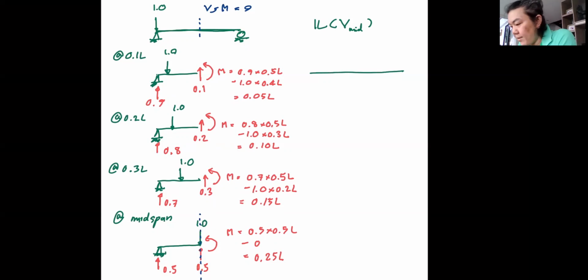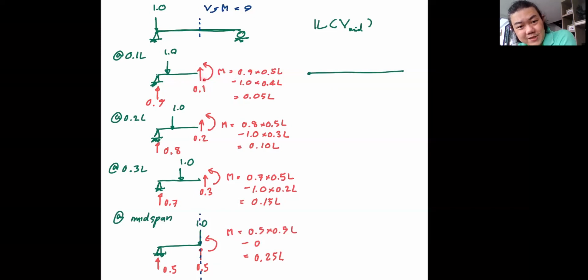Now, when the load is at 0, shear is 0. When the load is at 0.1 L, the shear here is 0.1, but it's